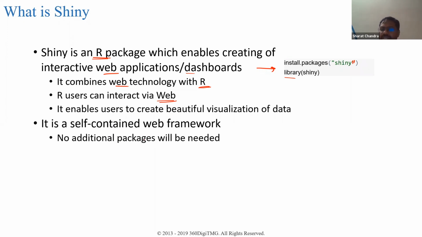And it is just a simple package. Everything is there ready-made. It's a very simple self-contained web framework. And you don't need any additional work to be done on top of Shiny. A lot of features, sliding bars, widgets, check boxes, all these are readily available.